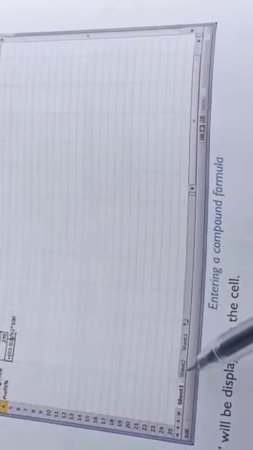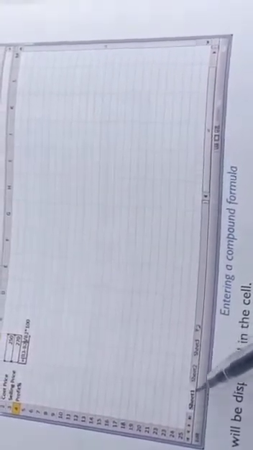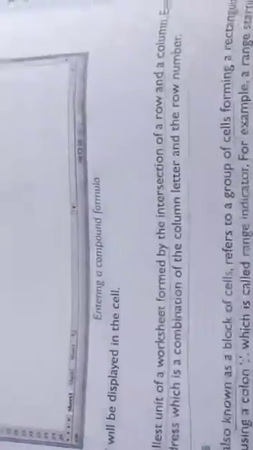As you can see, there are 3 sheets in MS Excel. In a single workbook you have 3 sheets. When you fill this sheet, then you can switch to the next sheet, and then that one is filled and you can switch to this sheet also.